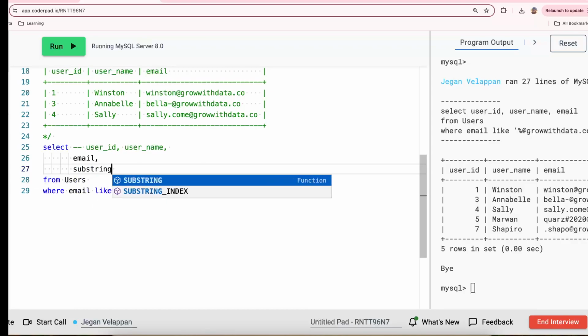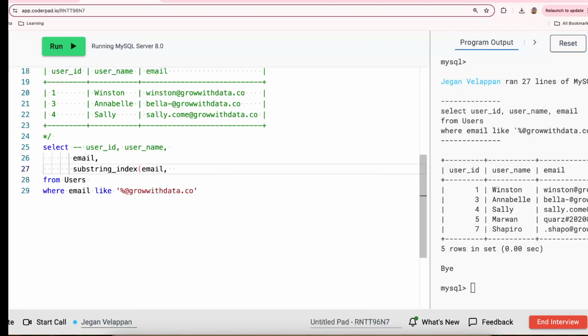Substring index. Okay, we have the function here. So substring index, the first parameter is the column name. The second one is how you split this, the character at symbol. When you use the at symbol, it's going to split the email, and then I need the first piece of that split word